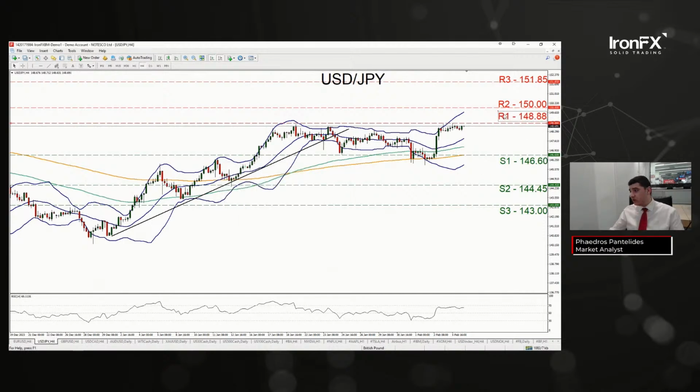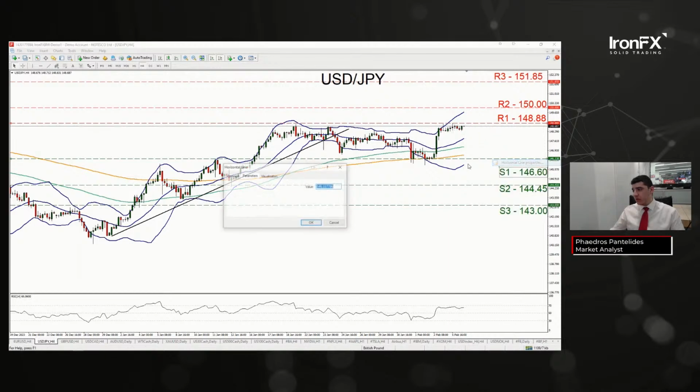And then you have R2 of 150, R3 151.85. For support, we can have a few options. But if we're going to leave $2 in between S1 and R1, it could be fairly wide. But based on how it's been moving, 146.35, that would be my S1, simply representing bearish, bullish candle, bearish close, and the opening of these candles validated